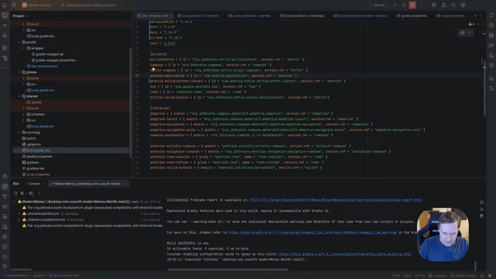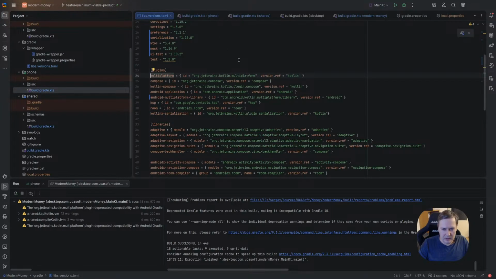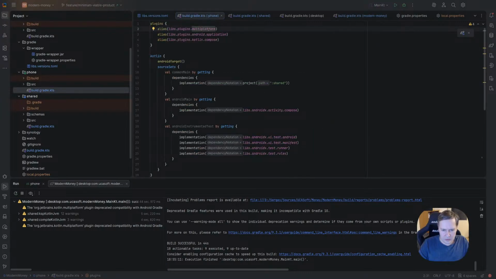Yes, we have Android application. In the Android application file specify plugins. So Android application, compose compiler, and Kotlin Android. So no multi-platform, Kotlin Android. But we have multi-platform here.